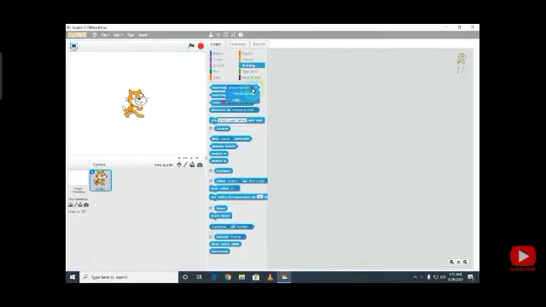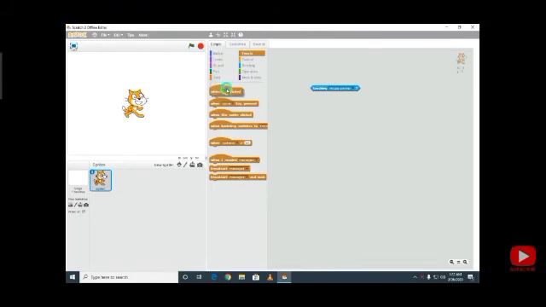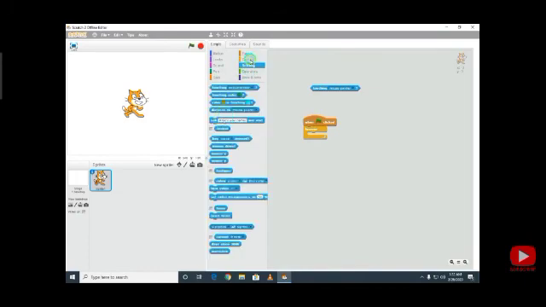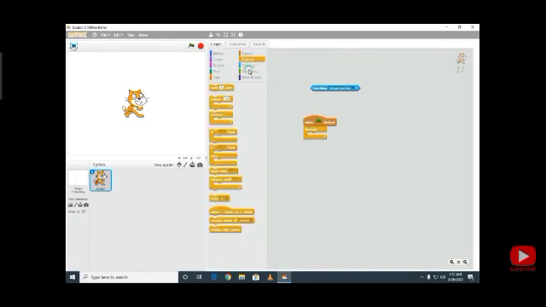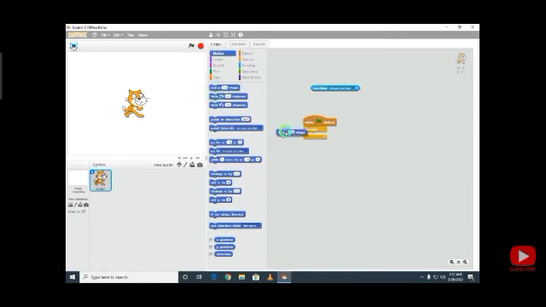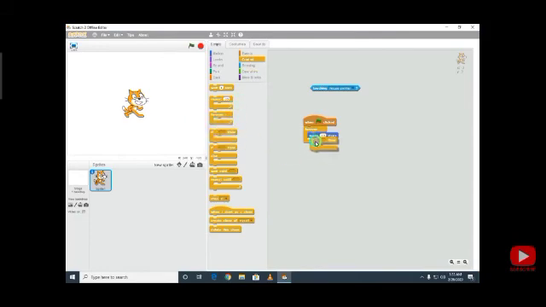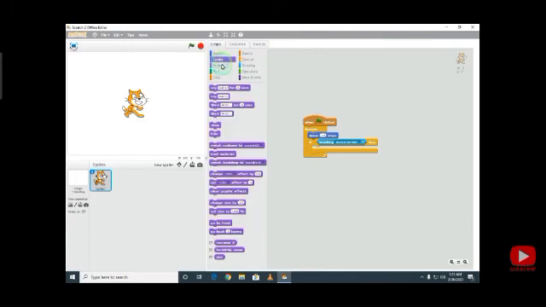Let's start with sensing block. Sensing block means your sprite can sense also the color, the mouse pointer and all. In this, first we have touching mouse pointer. First we will select green flag from the control, then forever from the control, then I will select move 100 steps or 10 steps from the motion block.